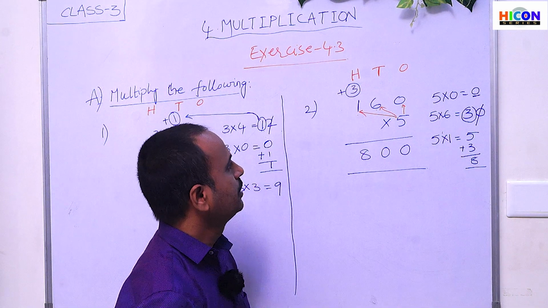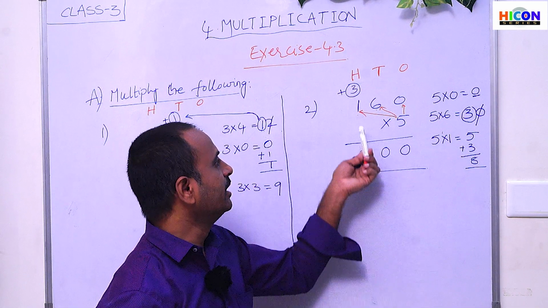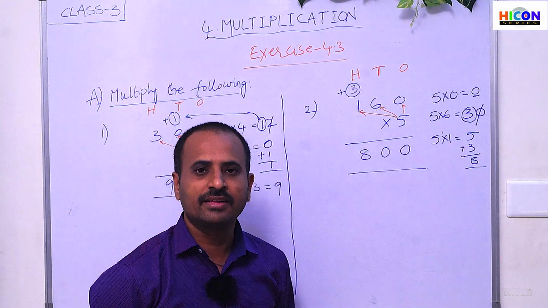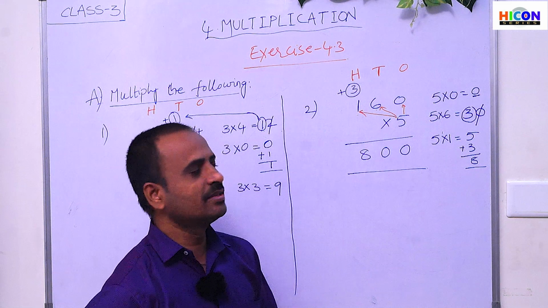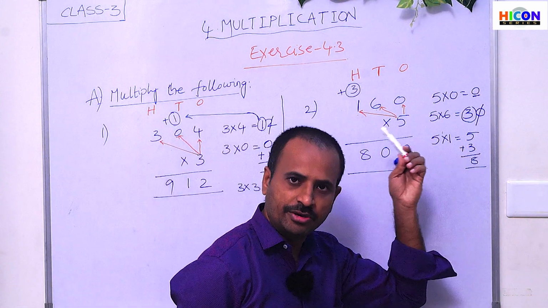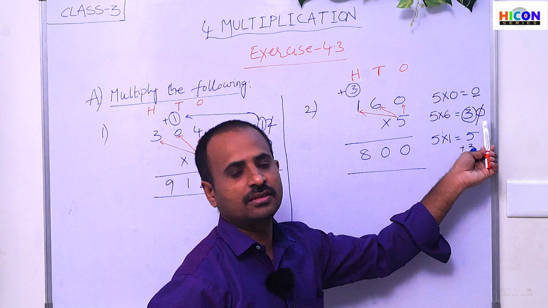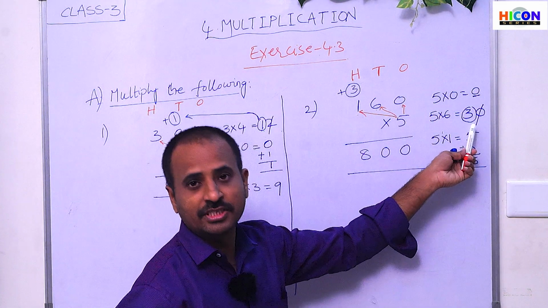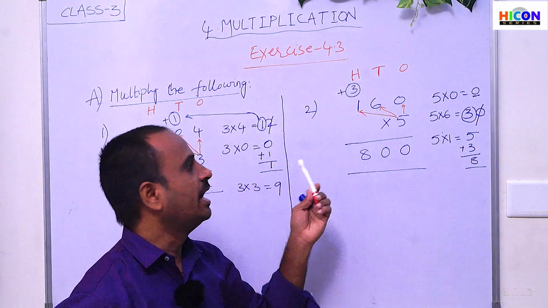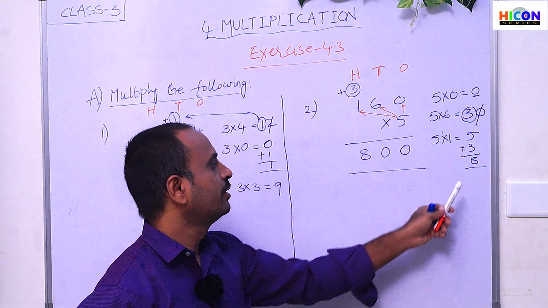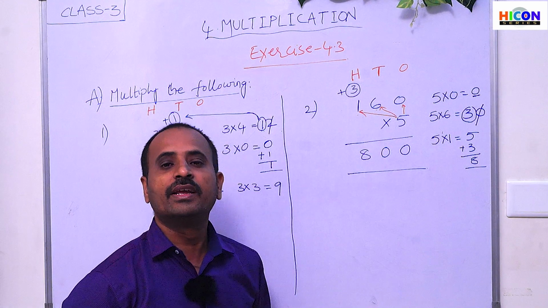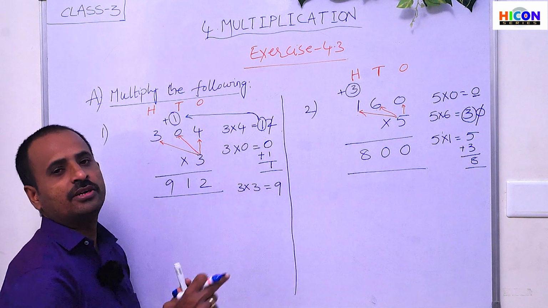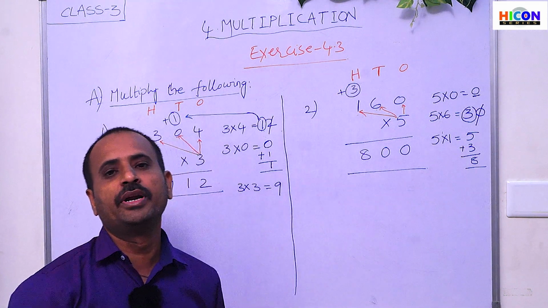So in this way, we have to multiply a 3-digit number with a single-digit number by using carrying, that is grouping. Carrying means if the product is a 2-digit number, write the last digit, that is the second digit, under its place and carry the first digit to the next place. And we have to add that carried number to the product. Then we will get the answer. And practice some more problems in this section at your home, which are in the PDF.